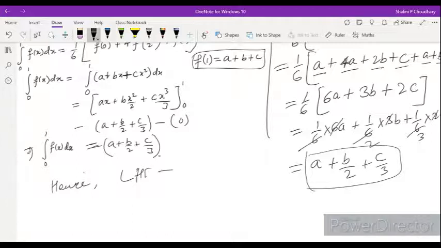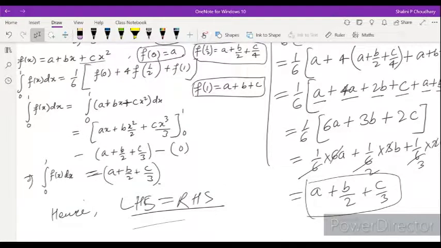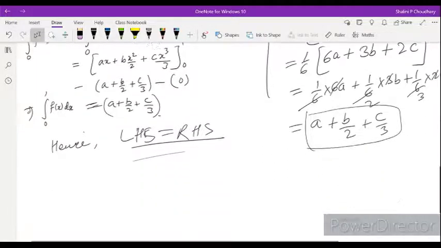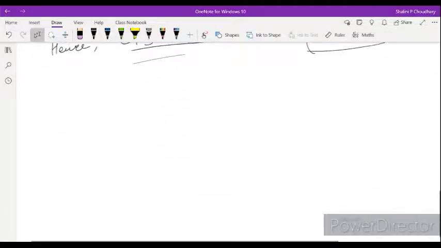LHS is equal to RHS, hence proved. Okay, so similar questions of this kind will come, we can do that, and one more question we'll do based on where we need to calculate. Calculation is required more, like we have done in integration, many questions where we